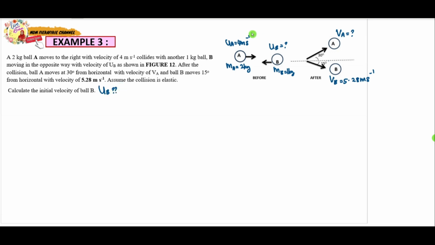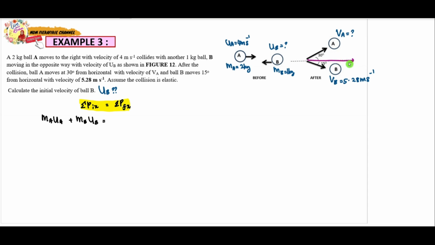Okay. So this is 2D collision. So make sure you do the calculation of X and Y components separately. Okay. So total momentum initial X equal to total momentum final X. So I will start the calculation with X component as usual. Okay. So now initially both object A and B are moving in X component. So kita akan ada MA UA plus MB UB equal to, and after collision look at here, so we have